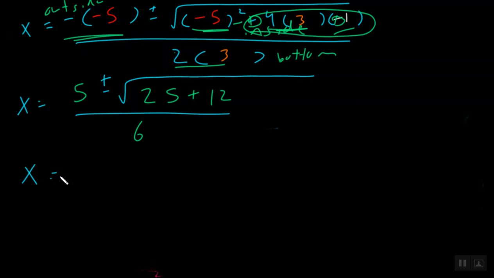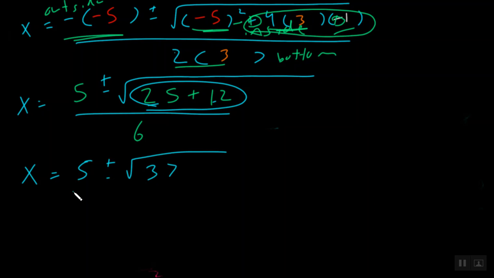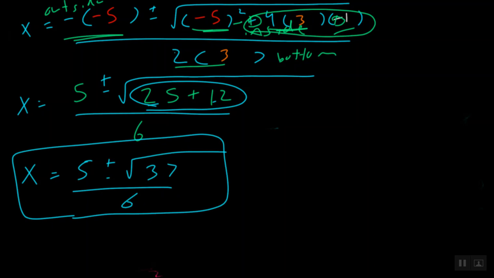Now from here, it should be quite obvious. The very next thing we'll do is we will simplify the inside of this square root. So we have plus or minus the square root of 25 plus 12, which is 37, all over 6. And here, this is actually the most reduced form if we don't want to go through decimals. And so I think we're just going to leave this right here as this